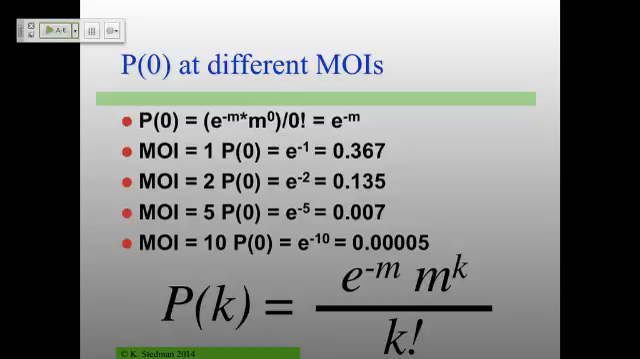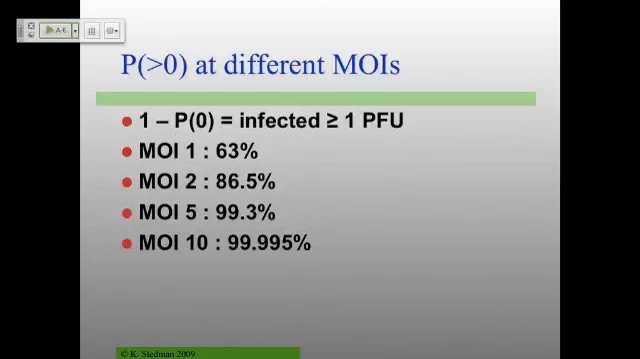MOI of 10, on the other hand, 99.95% are going to be infected. Generally, you don't really care that much about what's uninfected. What you really care about is what's infected. So 1 minus everything that's uninfected is everything that is infected, and these are the numbers we really care about. So 1 minus P of 0 is everything that's got at least 1 PFU associated with it. Again, MOI of 1, 63%, MOI of 2, 86%, MOI of 5, we're looking pretty good, over 99% infected, MOI of 10,